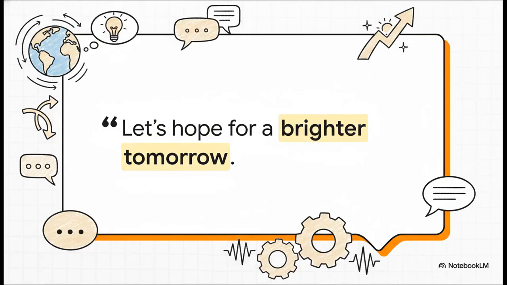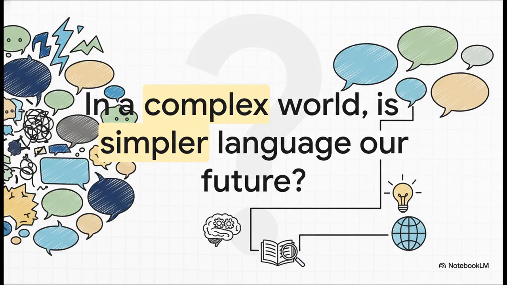This quote from the source, "Let's hope for a brighter tomorrow," it kind of hits different now, doesn't it? It's not just about a better future in general. It kind of perfectly captures the whole spirit of Basic English, too. The hope for a tomorrow where we can all communicate more simply, more clearly with each other. And that's really the thought I want to leave you with. This whole story of the word tomorrow and this Basic 850 list brings up a really interesting question. In a world that feels more and more complex, more and more noisy, is it possible that the key to understanding each other better isn't learning more words, but focusing on fewer, more essential ones? Something to think about.